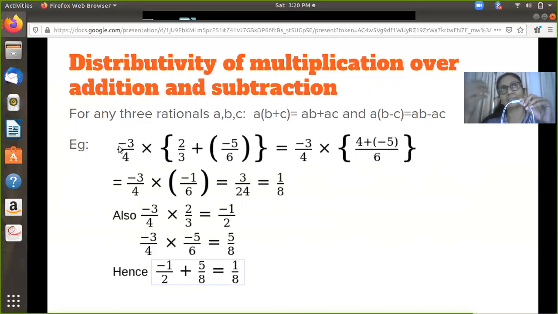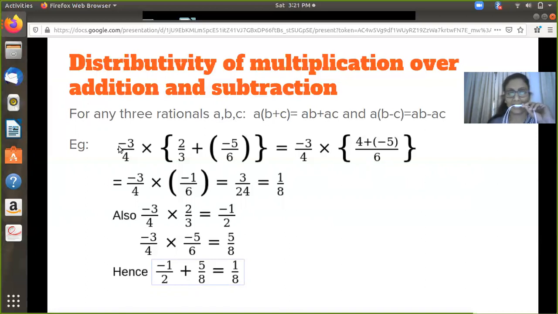So again, because we are going to distribute something between the rationals, I need a minimum of 3 rationals taken at a time. So for any 3 rationals, say A, B, and C, this is how my property will go on. It is A multiplied with B plus C should be equal to AB plus AC. So I have distributed the multiplication of A over the sum of B and C. So A multiplied with B plus C is the same as AB plus AC. So this needs to be verified before it is generalized.